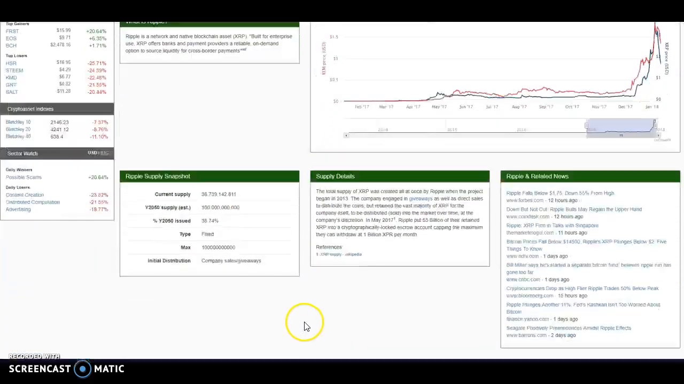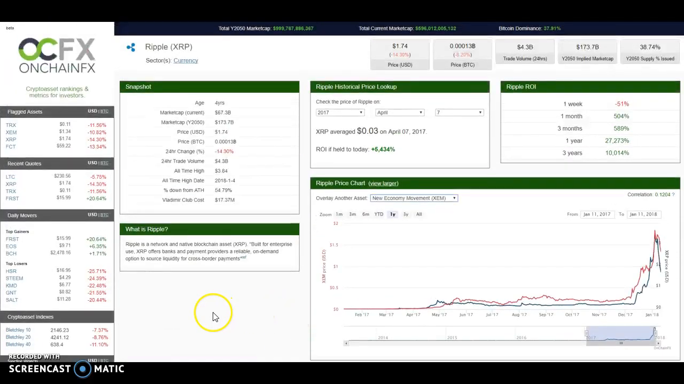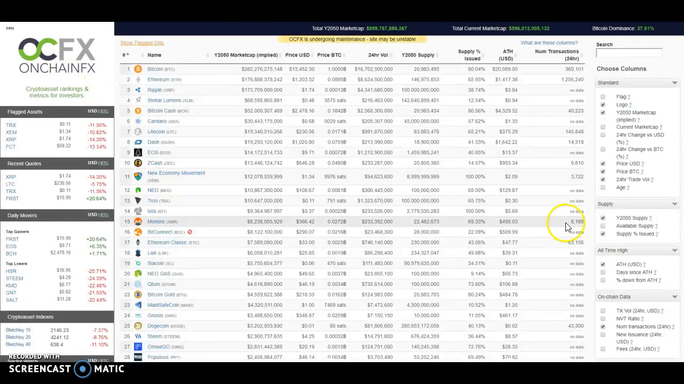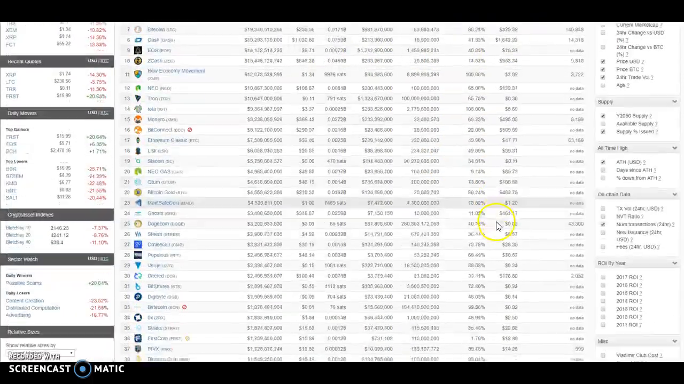But these are some of the neat features that you have with on-chain FX, where you can go through and put together these types of reports and see everything at a glance. So going back to the main page of on-chain FX. So now that you see how you can adjust this and get only the things that's important for you to show up on the main screen,